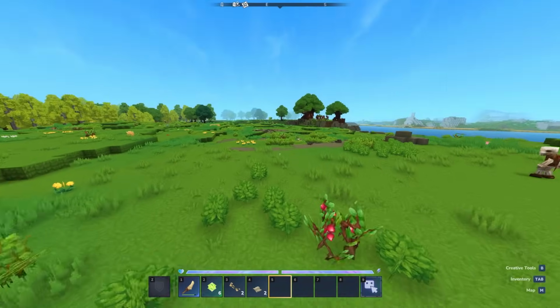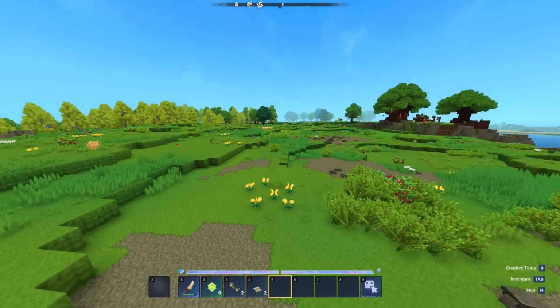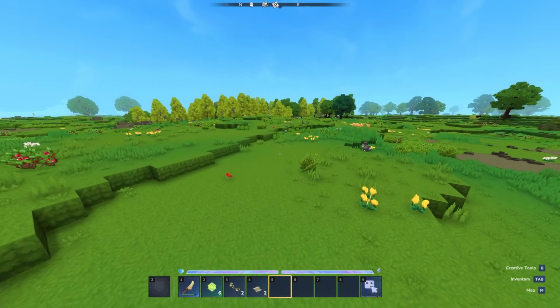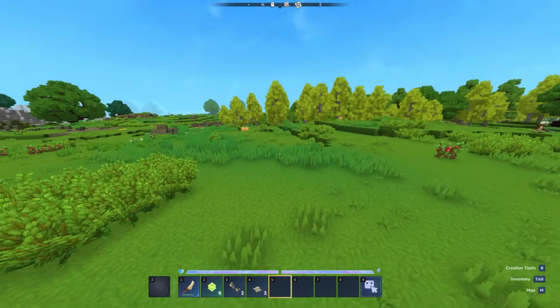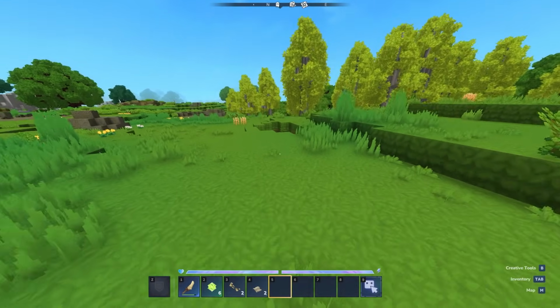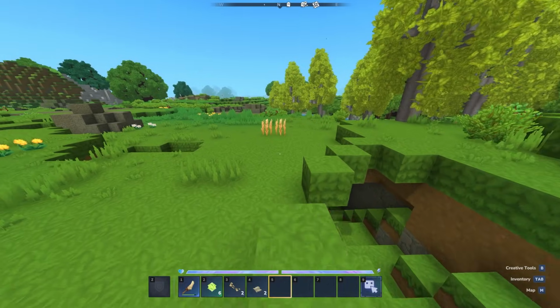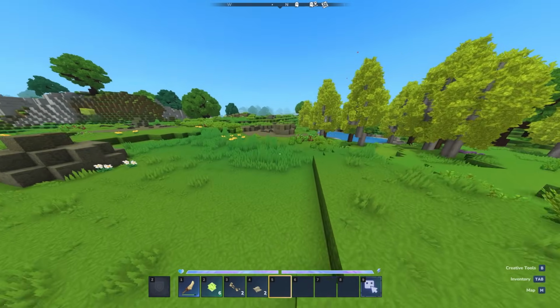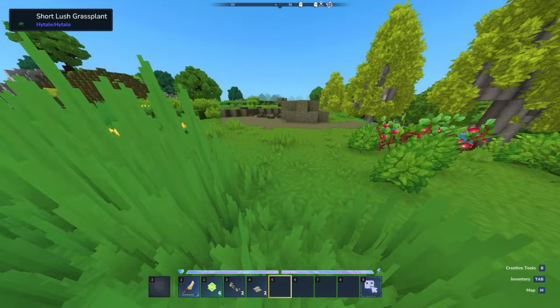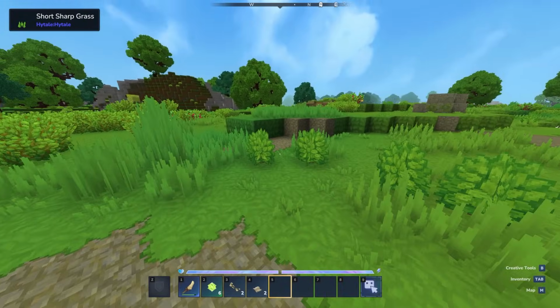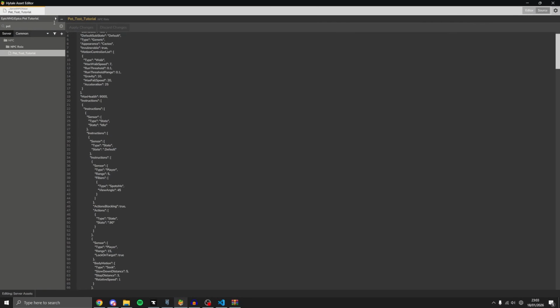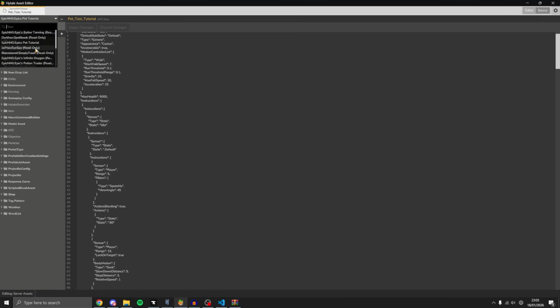Now, this is all well and good. We have currently got a pet and we can spawn it in creative and it can follow us, but we actually want this to be obtainable to the player in survival mode. So what we're going to do for this is we are going to make a way not only to craft our pet, but we're also going to make a way to summon it and despawn it so we can carry it around with us. So back in the Hytale editor, what we're going to do is we're going to go